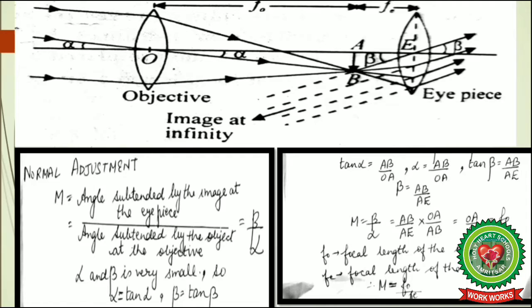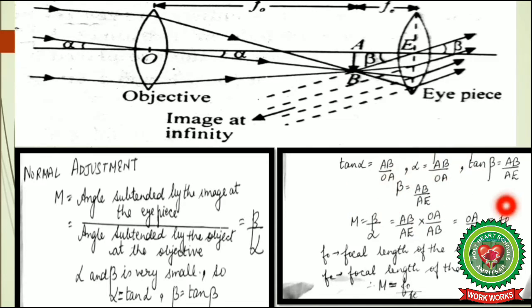Now, from the diagram it is clear that tan alpha is AB over OA. Tan beta is AB over AE,